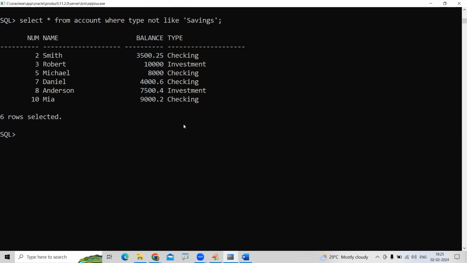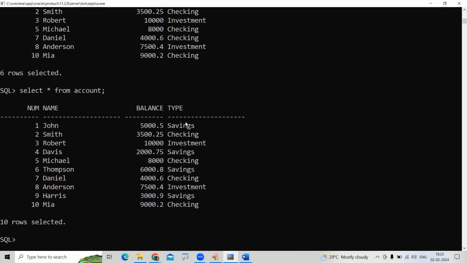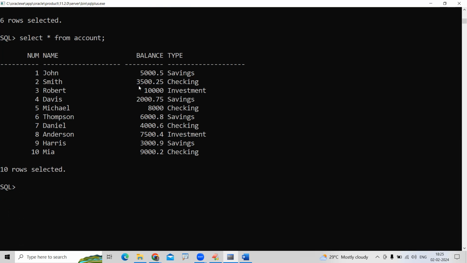Okay. Next one, where we mostly use the LIKE operator. Here, so many people are there. Select star from account. I need to display only the people whose names start with M, just M. How can we do it? Select star from account where name like